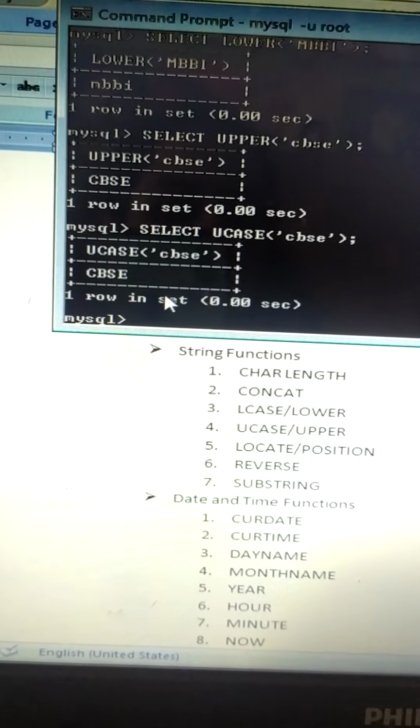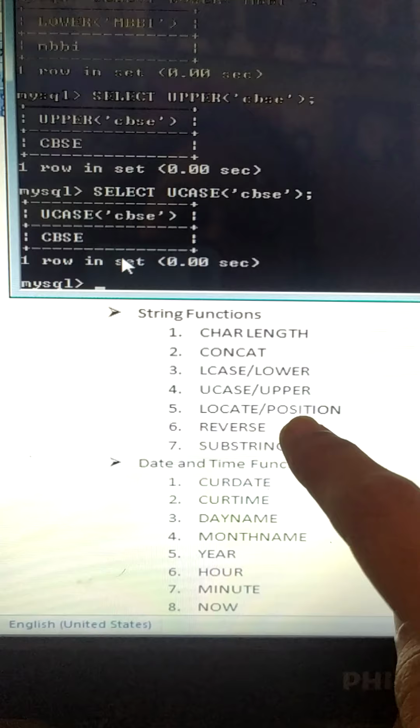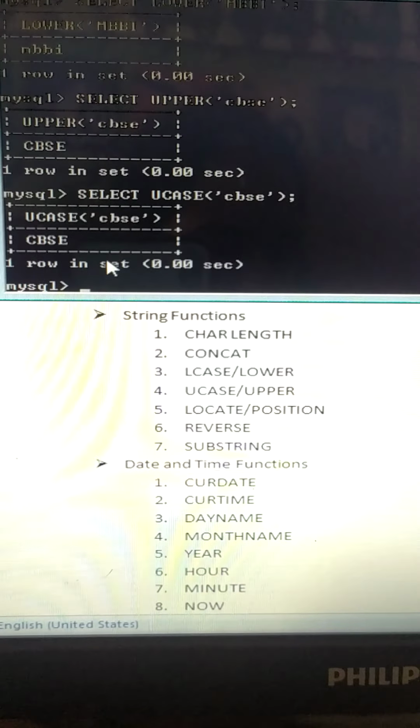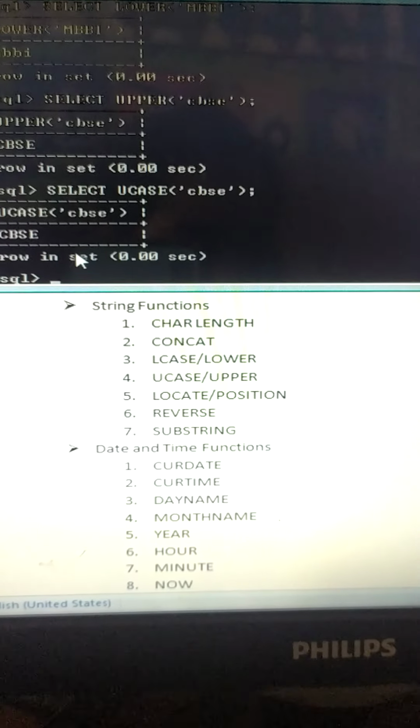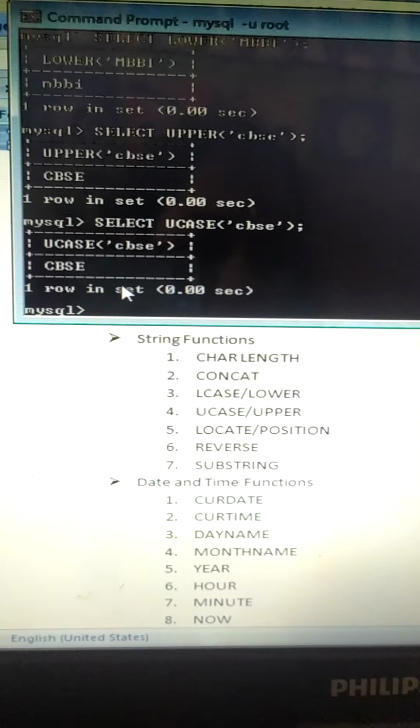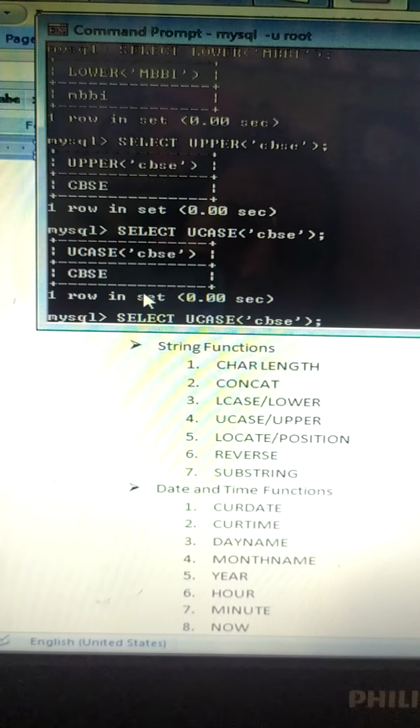Now the next is locate or else position. Now if you want to locate something, you want to get the position. See, we'll study with an example.